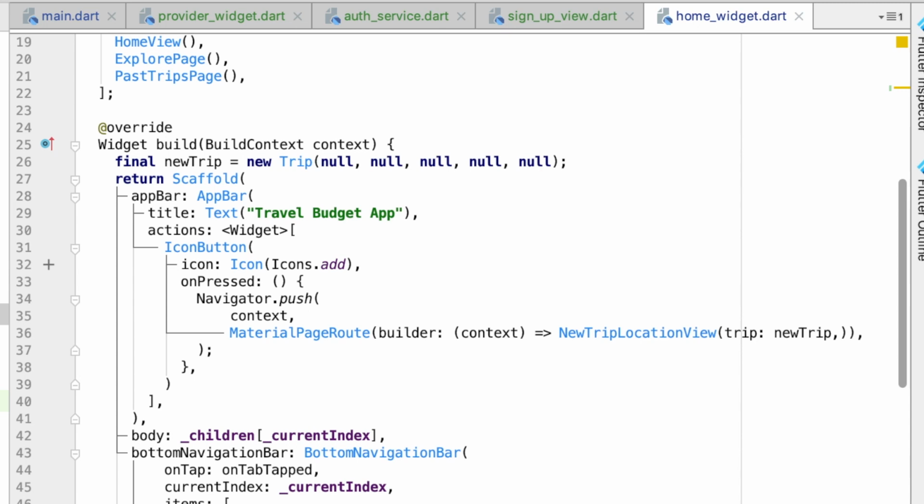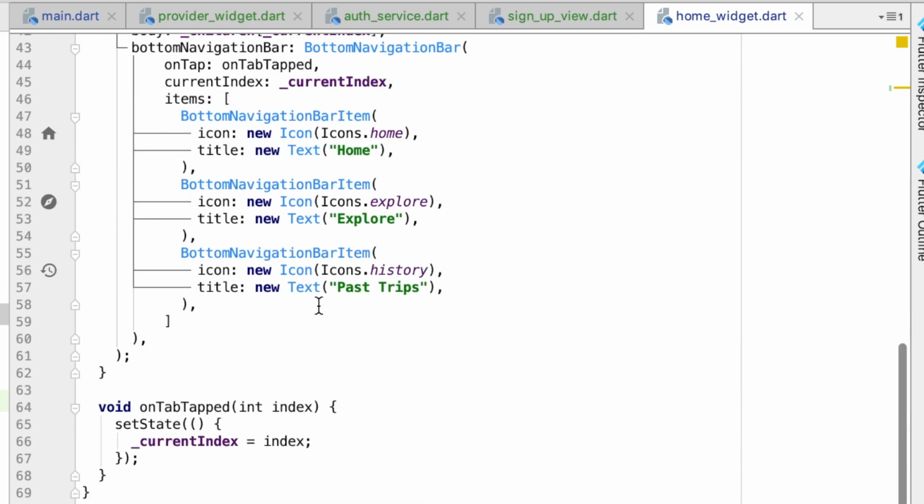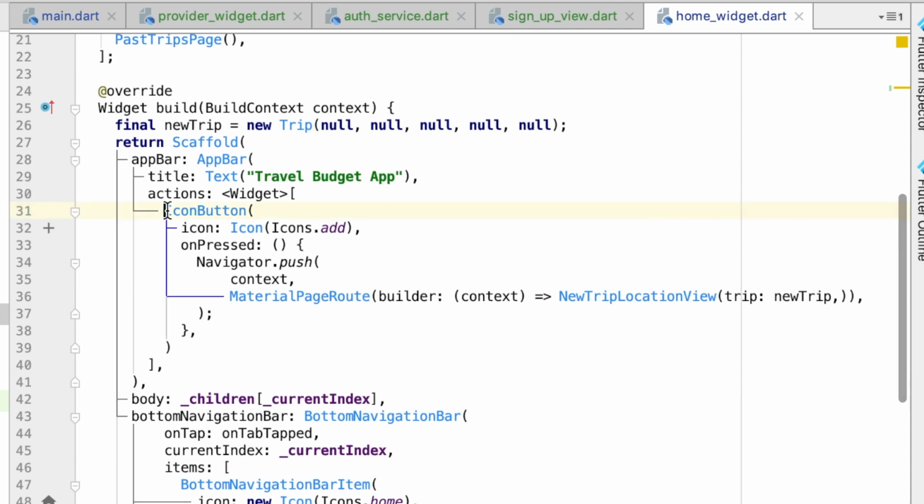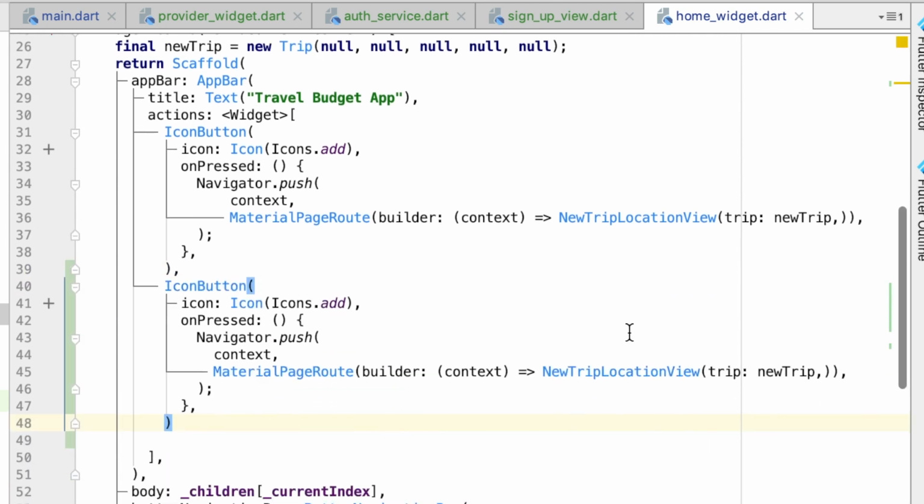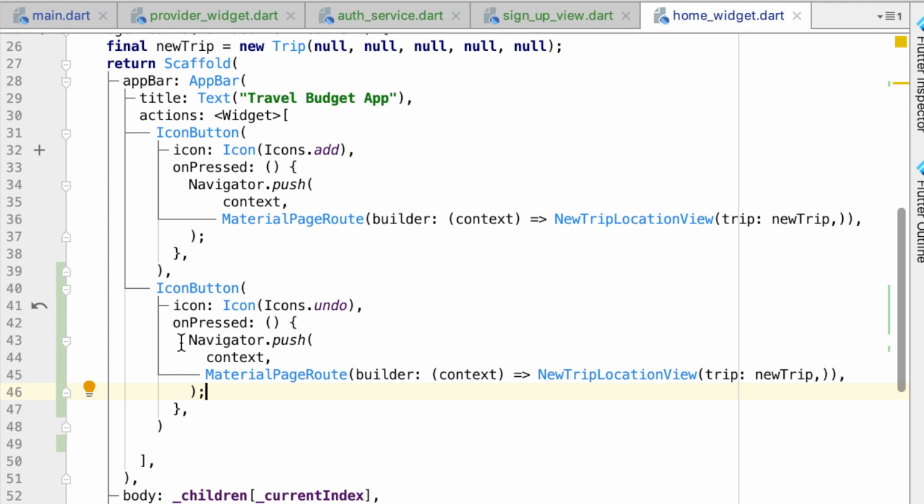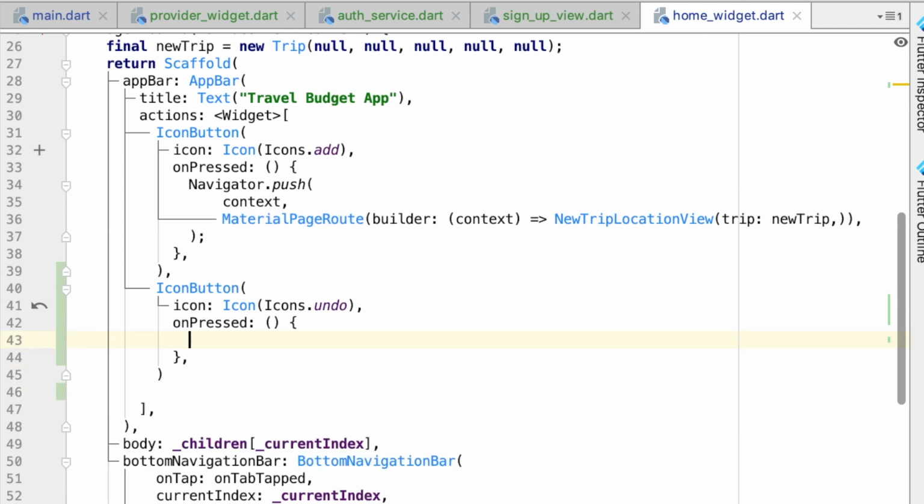And then with that, go ahead and find where we have our icon buttons here, and go ahead and just add another one below this. Pretty much, let's just copy and paste the plus button one. Instead of the add, let's just use the undo button for now. When this is pressed, actually just remove that stuff. When this is pressed, this is going to be asynchronous,